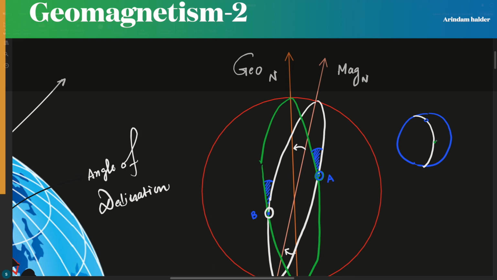For example, here you have bisected once, and now again you are bisecting here. As you can see, this point is making some angle with the magnetic plane and